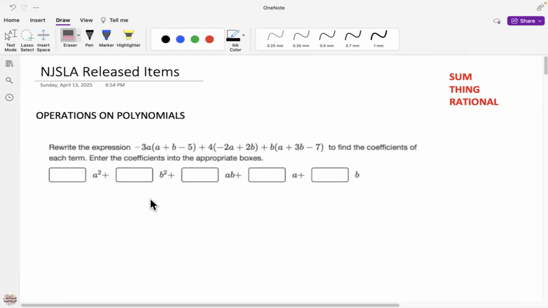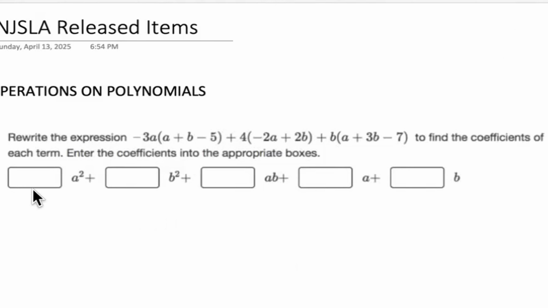Let's get started. As we see in the answer, we need to just fill in these boxes, as these boxes are in front of the expressions, which means that we need to find the numbers in front of these expressions. But when I look at the original question, I don't see any a square, any b square here, or any ab, and single a and b's are there. But there are some parentheses and there is some expression in front of them, as negative 3a is in front of